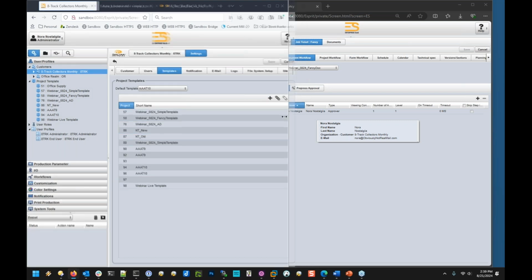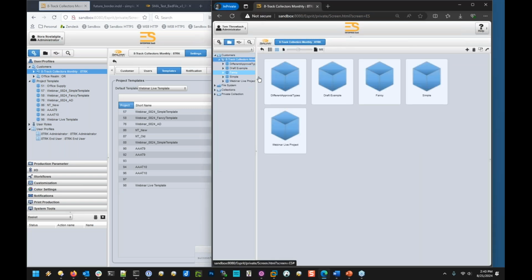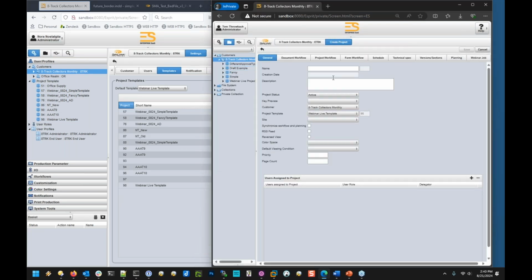Now, customers can have multiple templates linked to them, and they have a default on top of that that gets chosen. So in here, I have my templates and I can go ahead and choose Webinar Live Template as our default for our customer here. What that means is if I go to create a new project,